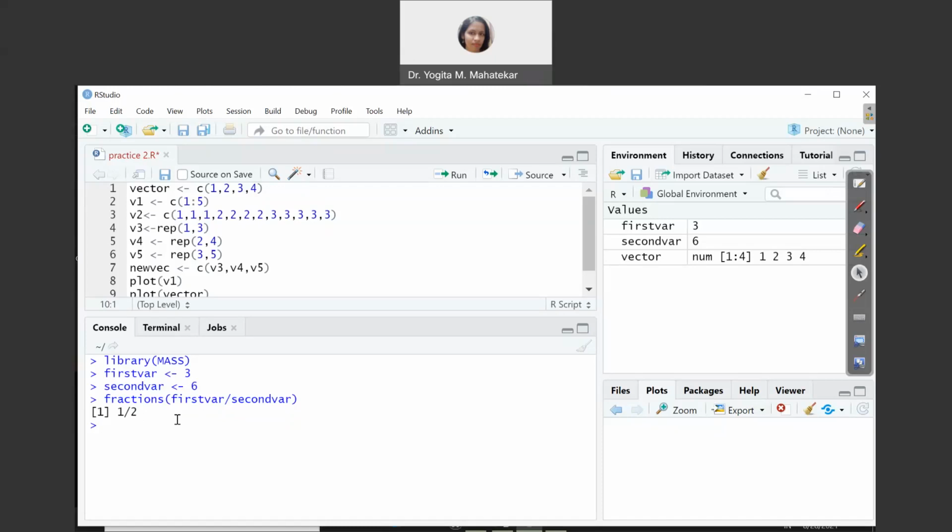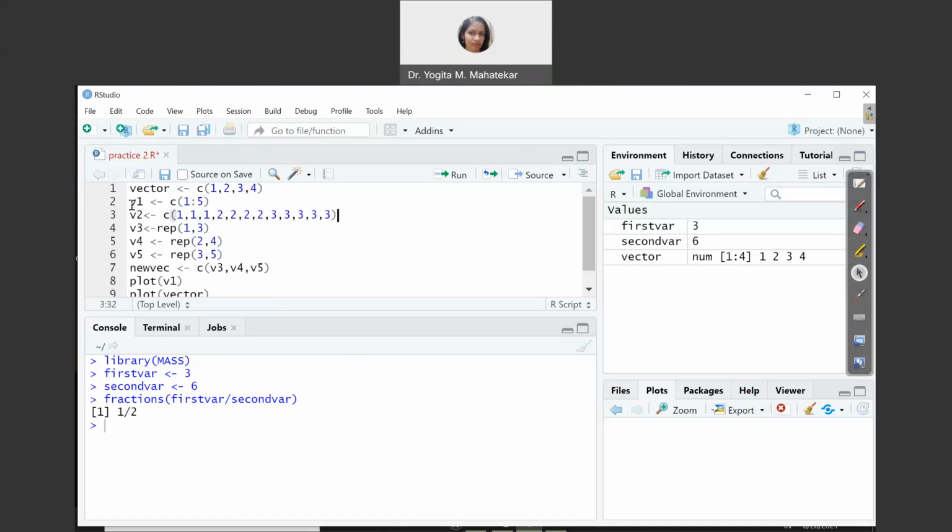And I have shown you how to create script files, how to save script files, and so on. So how to use the source button, then the run button on the source window, that also we have seen. So one can see all the above commands in the console window by clicking on source and run. One more thing: you can run a particular command in the script file using Control Shift Enter also.